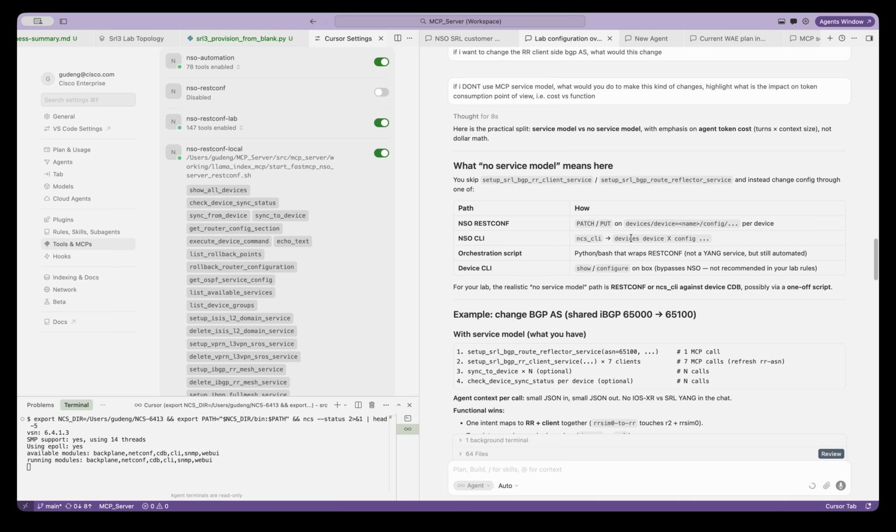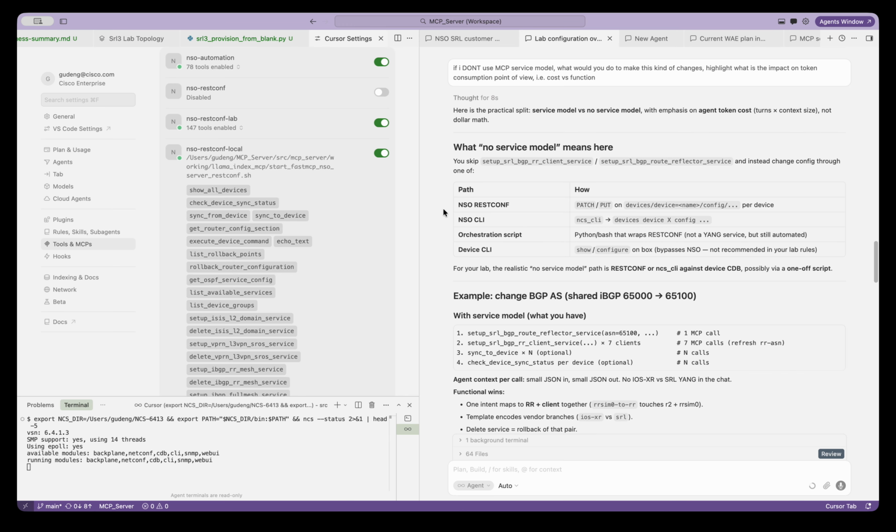So these are the different paths you can choose. You can use NSO RESTconf, because I have given Cursor all the RESTconf APIs that it could understand and use. Just pull out the API and do the work. Then you have the NSO CLI, because NSO does also have a CLI tool, just like iOS CLI, Juniper CLI, whatever.